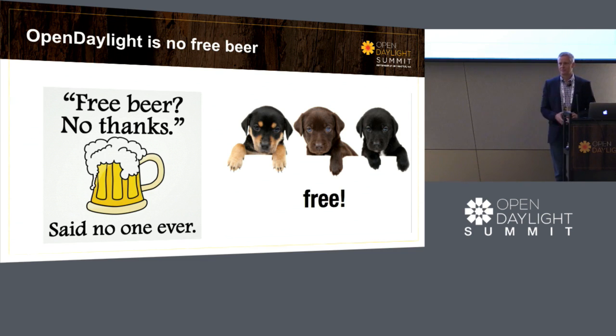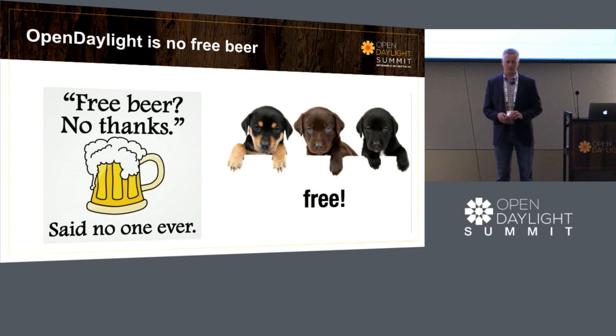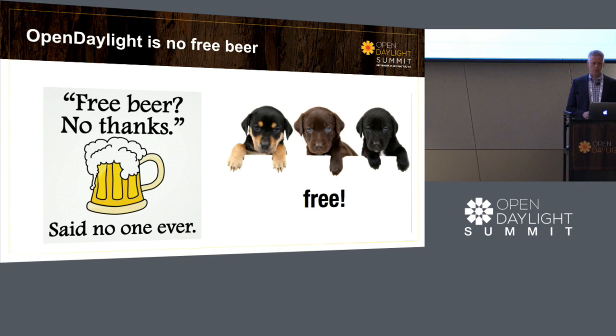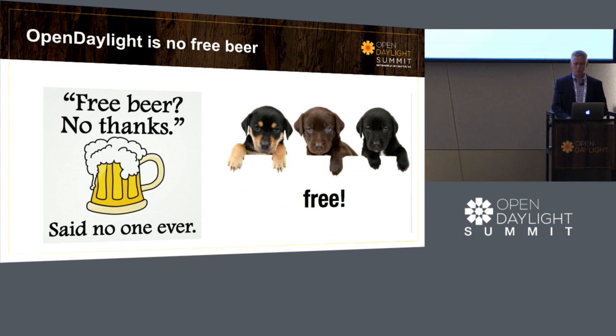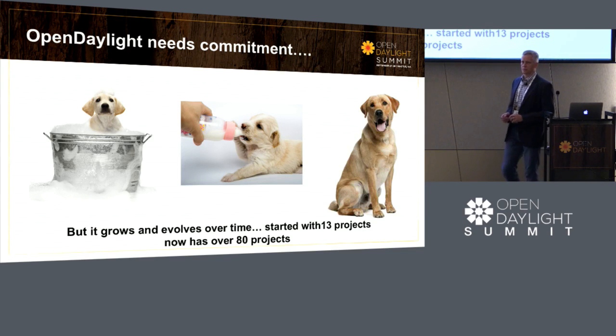Had a few of those this week myself. But a free puppy, luckily I haven't gotten any of those this week. That entails a lot more. There's a lot of free puppies also, but free puppies means that you're signing yourself up to a lot of work. And so I think OpenDaylight is symbolic of other open source projects where it's more towards the puppy than the beer for sure. So it means that it needs commitment. You need to provide the care and feeding,